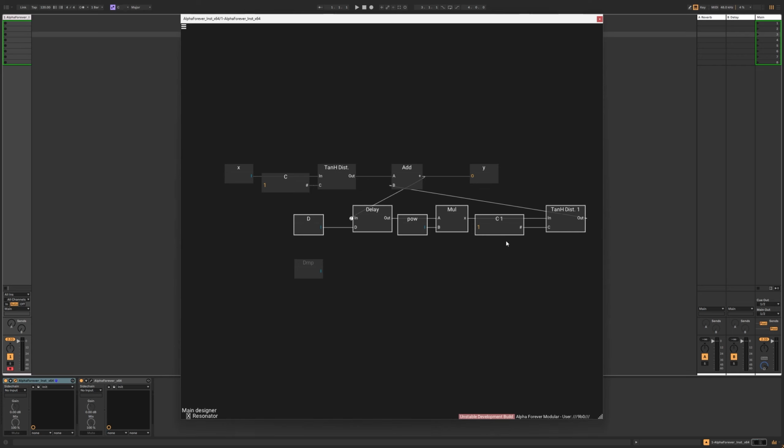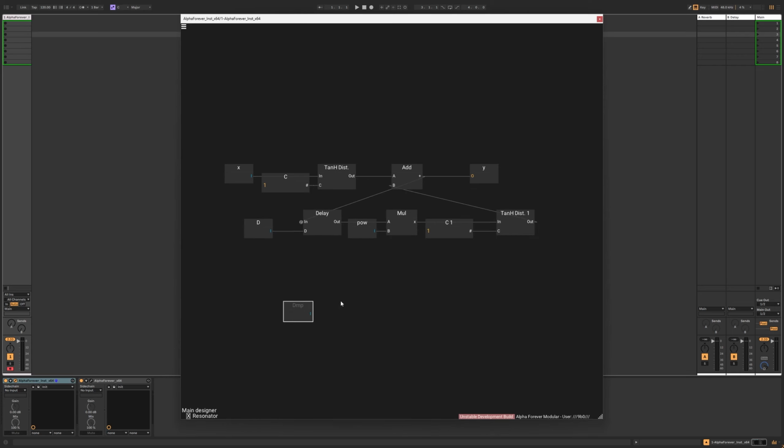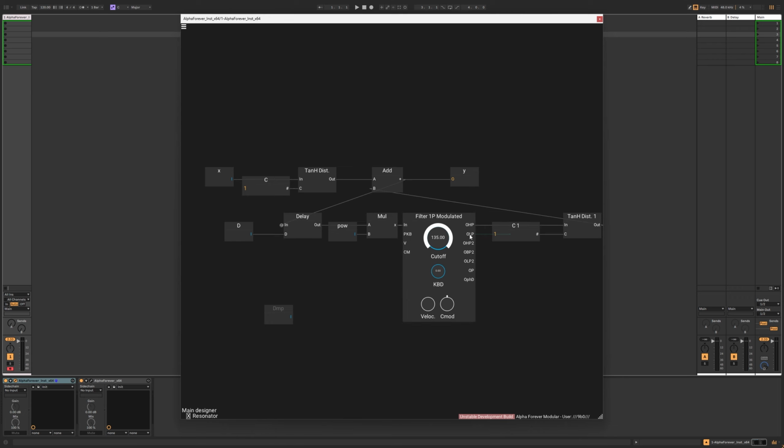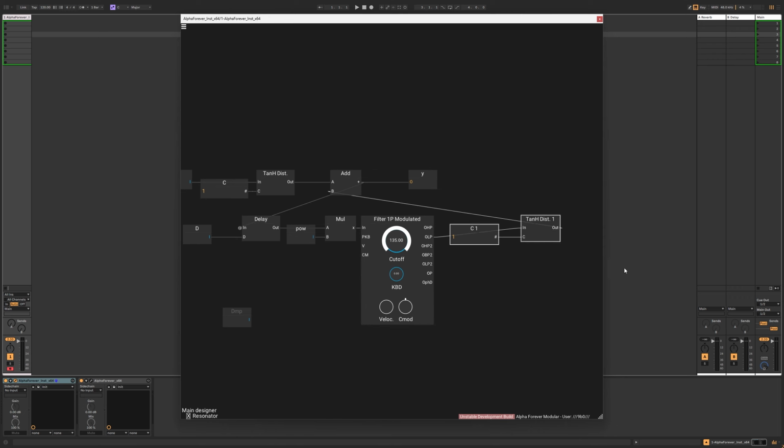So this sounds like a flute now, or something like a flute. So let's also introduce damping. I put a filter 1P, a 1-pole filter, into the feedback loop. That's going to be our damping. And I can already patch this into the cutoff modulation. Crank up the cutoff modulation, this down to 0, and